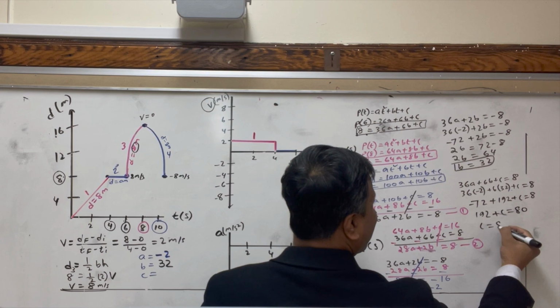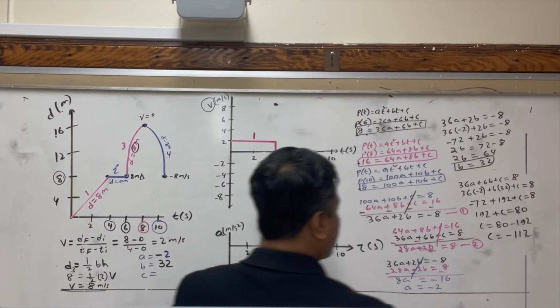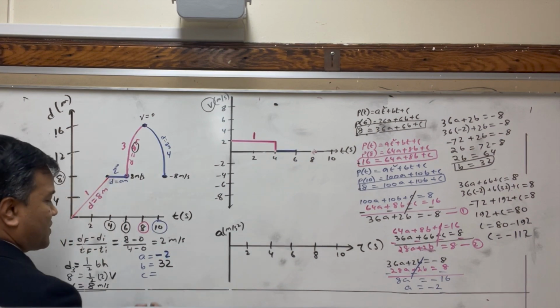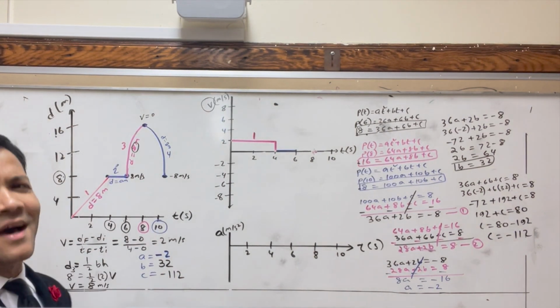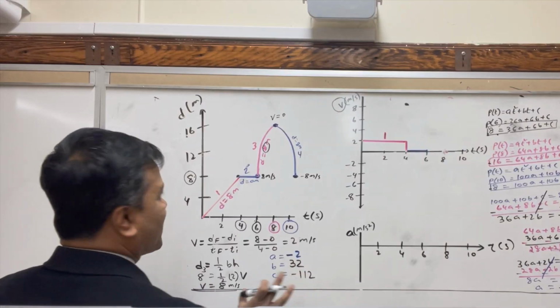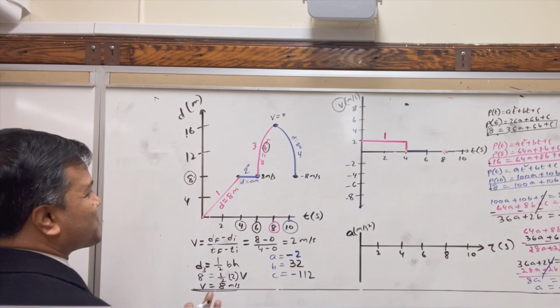C is equal to 80 minus 192, which is equal to negative 112. All right, so C is equal to negative 112. Voila, we find the equation. Finally, we would be able to write the equation. So the equation would be